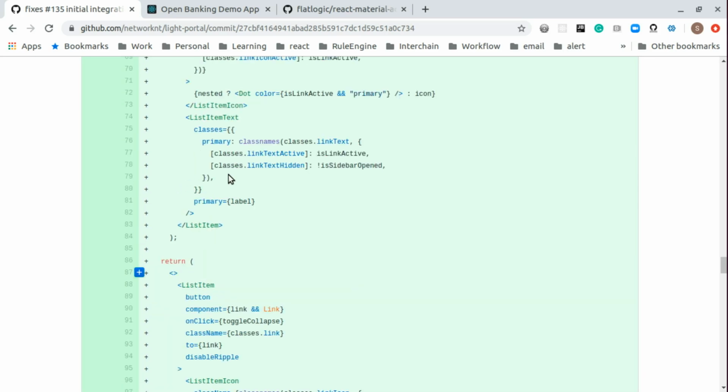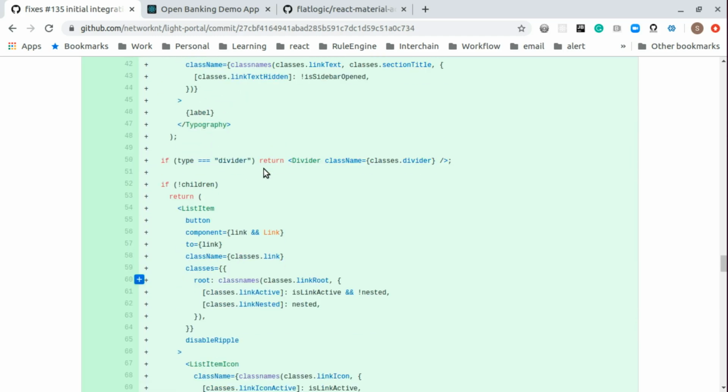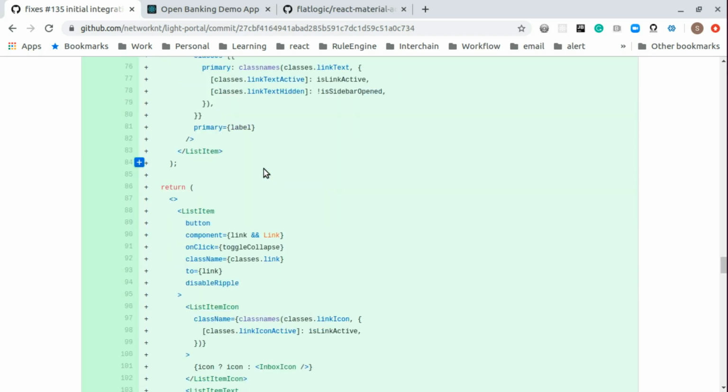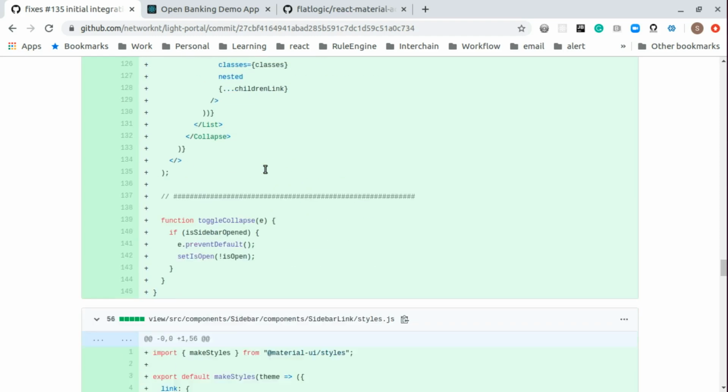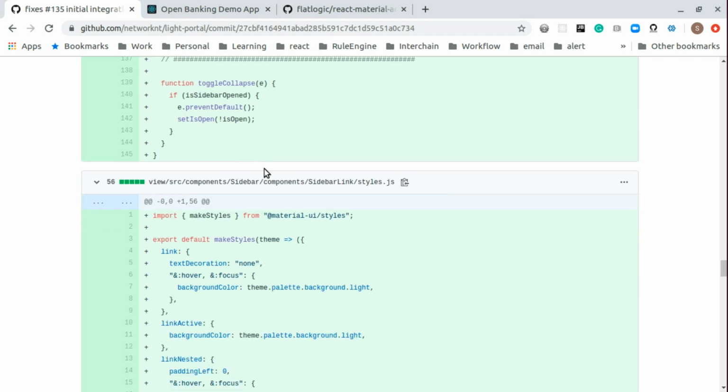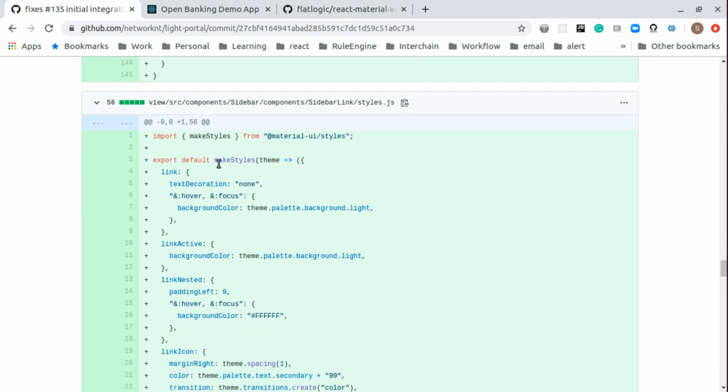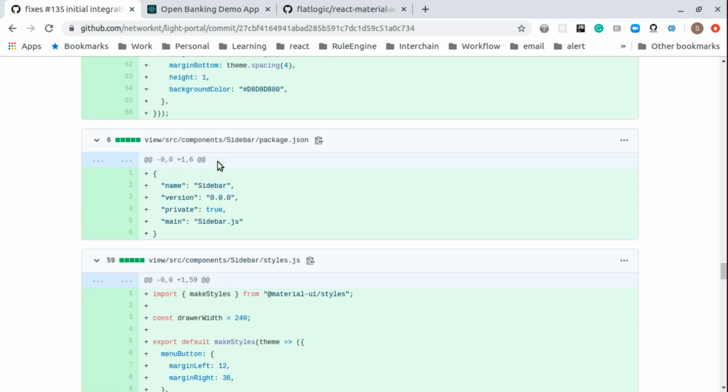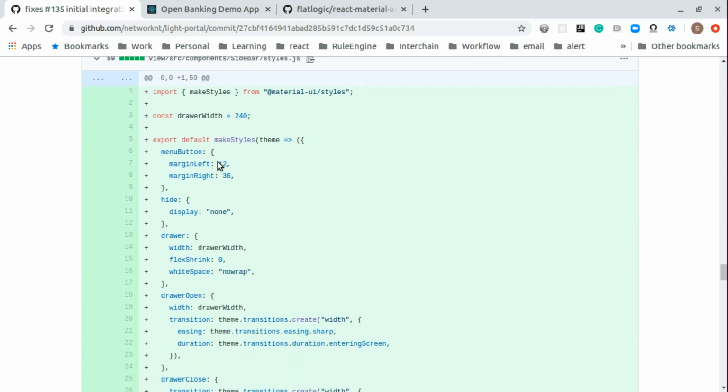Basically for the sidebar you define an array of items, then you use this component to render each individual item. This is a toggle collapse. Styles, don't care. Package, sidebar,